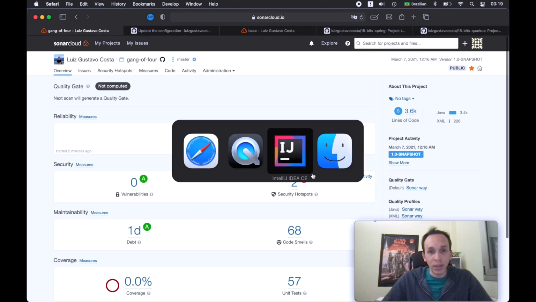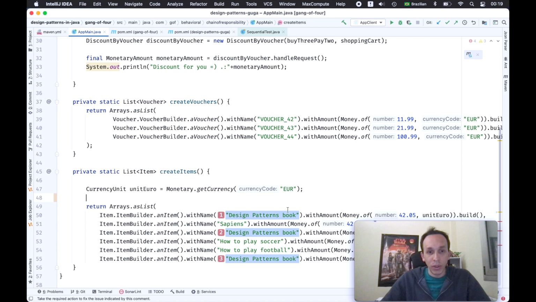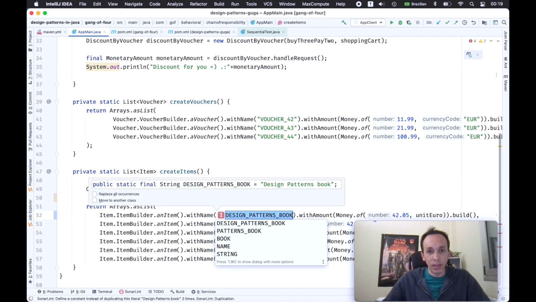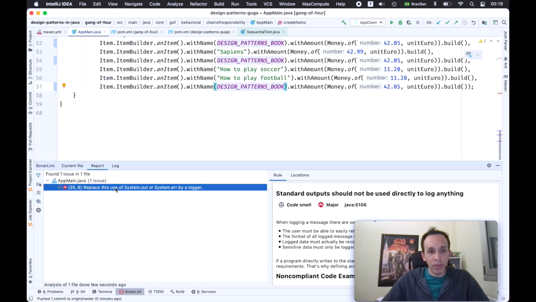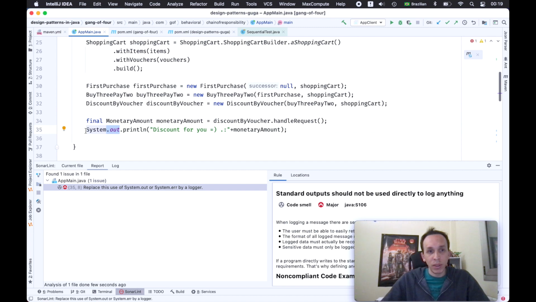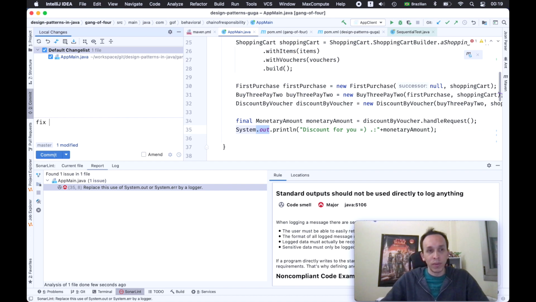Let's go back here and let's fix this using IntelliJ to help us with that. Option Shift C, is that it? C. Design Partner Books. And well, let's remove all the duplicated ones. Okay, so far so good. And now I have only one problem because I'm using the system out, but I will fix this later. Fix